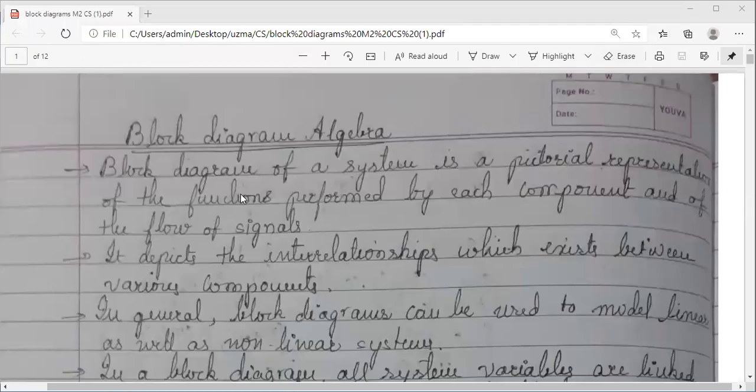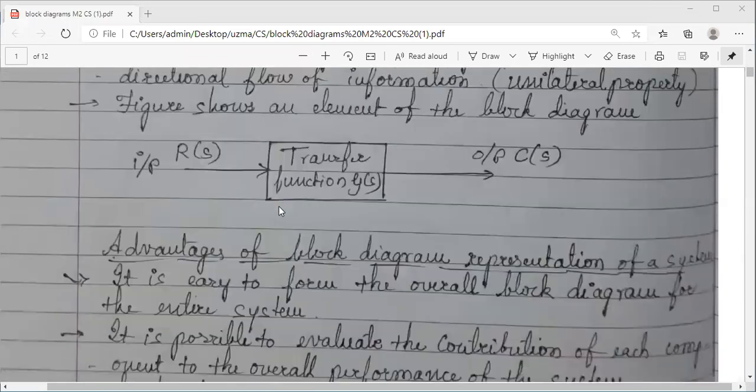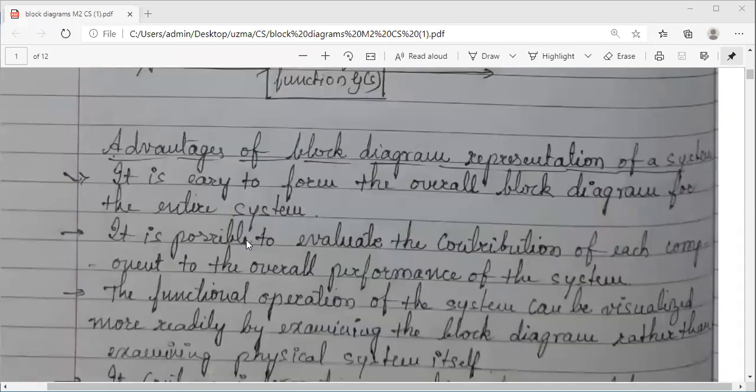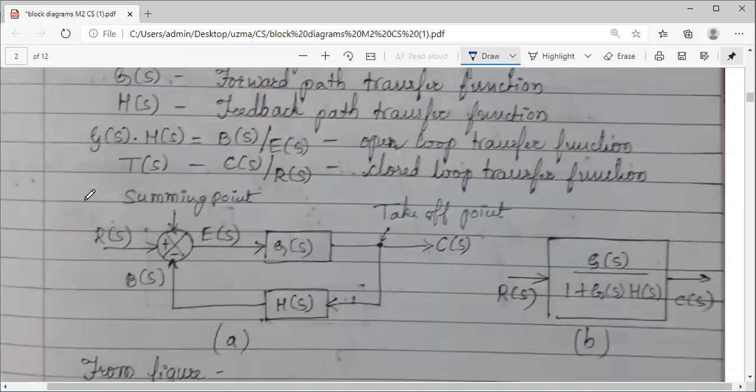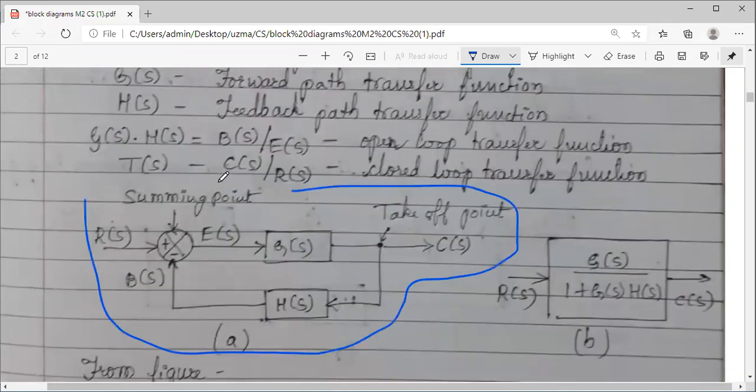In today's session, we are going to continue with the discussion on block diagrams. In the previous class, we have seen some of the basic concepts of how to find the transfer function for a closed loop system in general, which is having a single input and a single output. So this is the block diagram which we have discussed. For this block diagram, we have found the transfer function, which is G by 1 plus G into H.